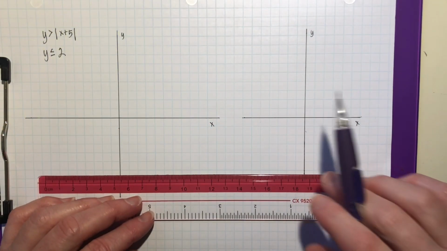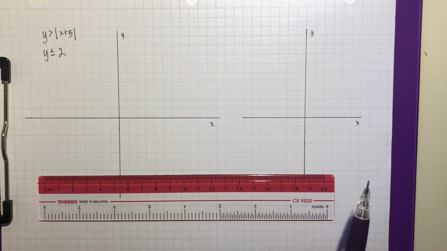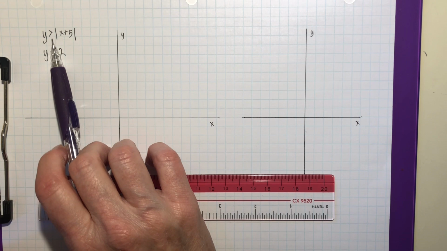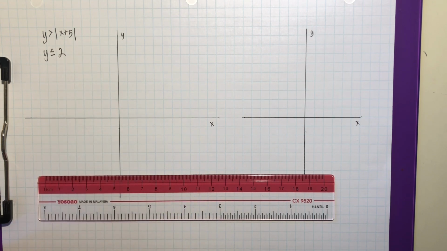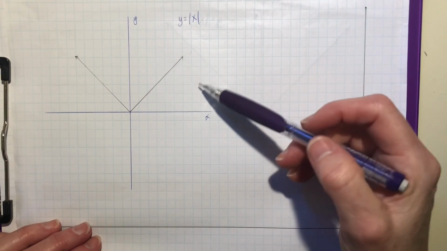Hey everyone, in this video I'll show you how to graph some interesting inequalities. So here we have y is greater than the absolute value of x plus 5, and y is less than or equal to 2. So to graph the first one, recall that the absolute value function just looks like this